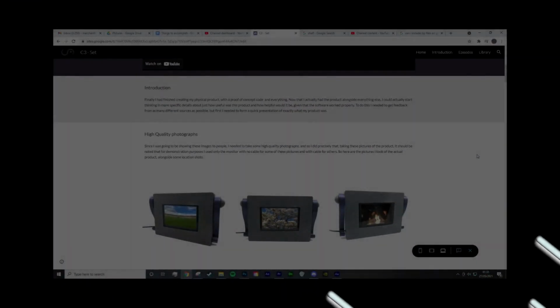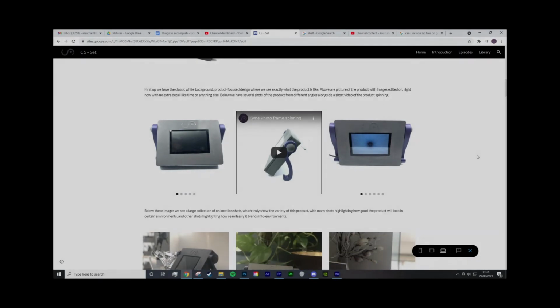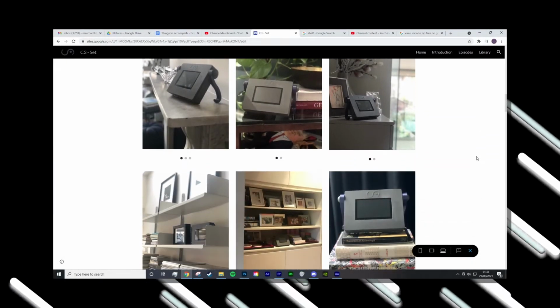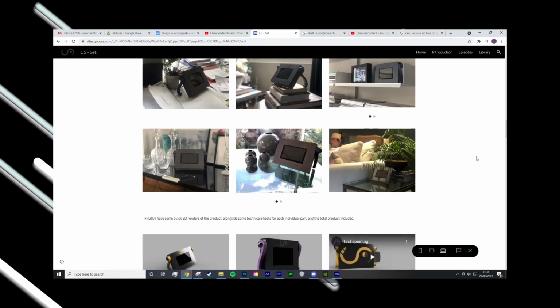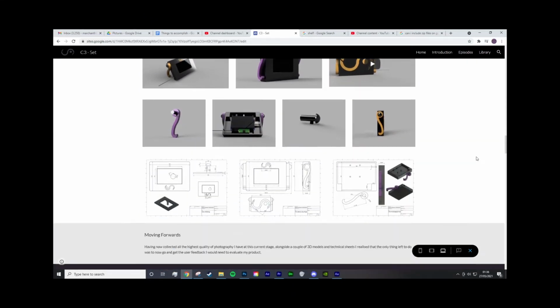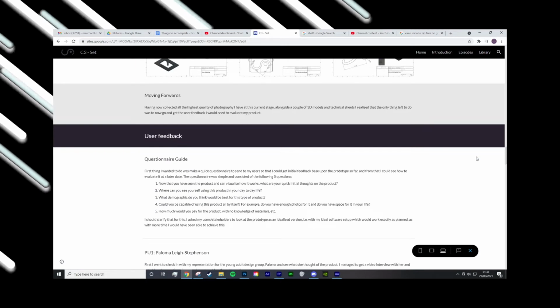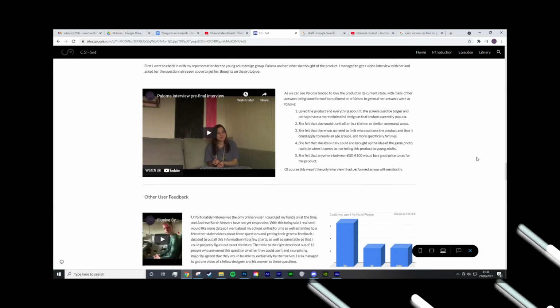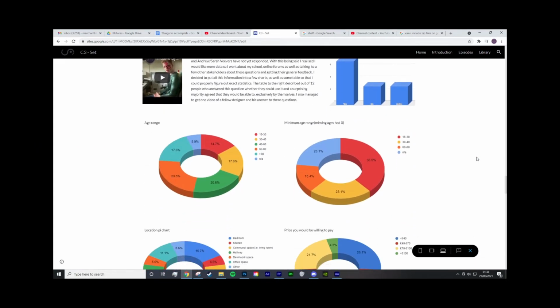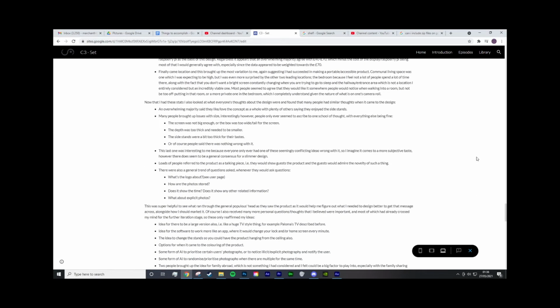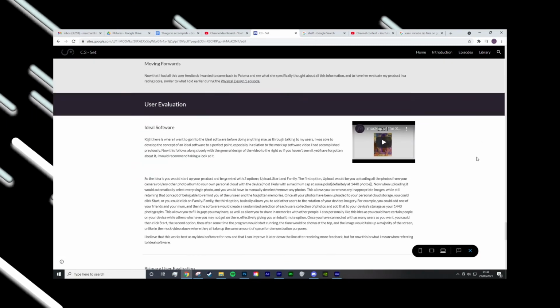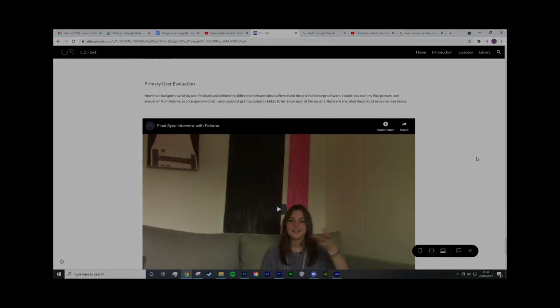needed to take some high quality pictures and location shots, along with some new 3D models, as well as technical sheets for my portfolio. Now I decided to quickly talk to my primary users and also try to get as many users as possible. Admittedly, a large majority were students, but all users who could be potential customers nonetheless. And from that, I gathered Paloma's rating of the product using design criteria, giving me a score of 76 out of 90, which for me is a pass at 75 out of 90,